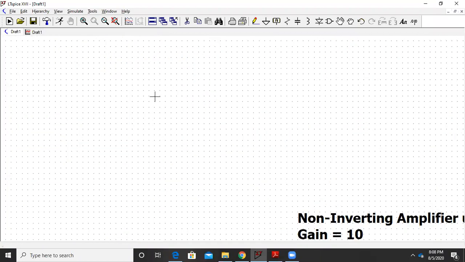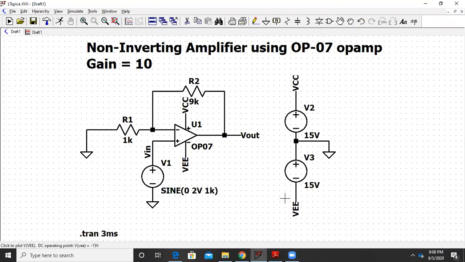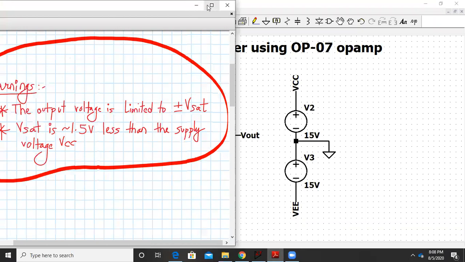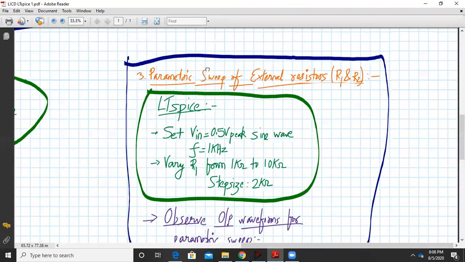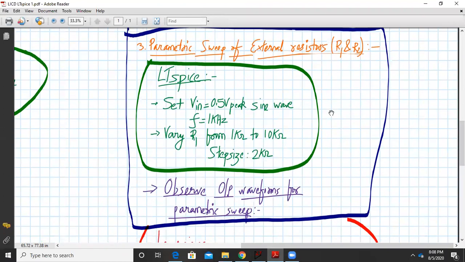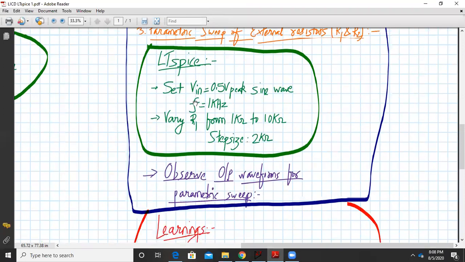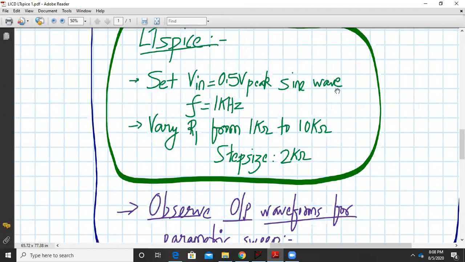Now let us check what is there in phase 3. So for phase 3, let us go back to the PDF. So phase 3 is parametric sweep of external resistors. So what we need to do is same thing. V in will be 0.5 volts peak sine wave.